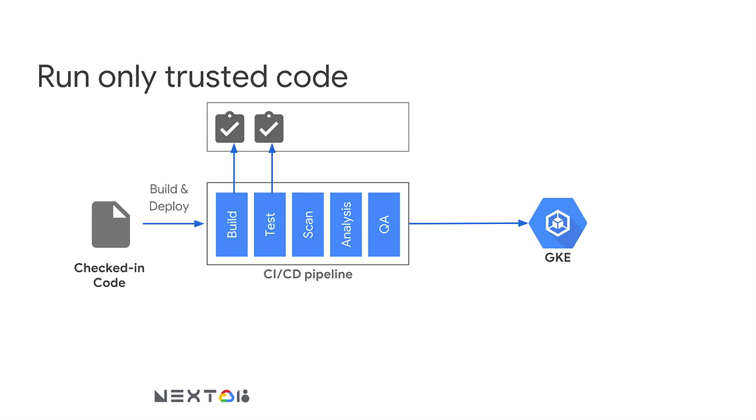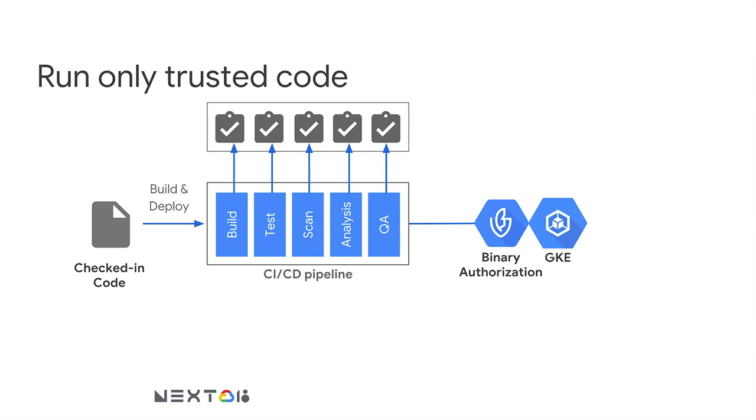Test will sign a container that says, this container passed my test pipeline. Vulnerability analysis signs the container when it doesn't find any known existing vulnerabilities on it. QA engineers put their respective signatures on this piece of image. So by the time the image comes to be deployed to production, binary authorization is integrated into the GKE deploy API, which will look at the signatures produced by the different stages in the CI/CD pipeline, compare that against customer-defined policies on what can deploy in production, and then make a deploy